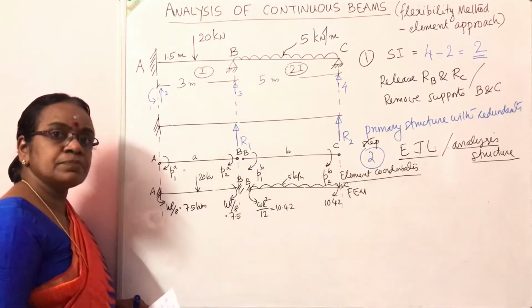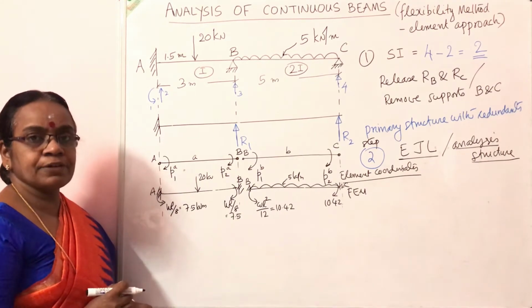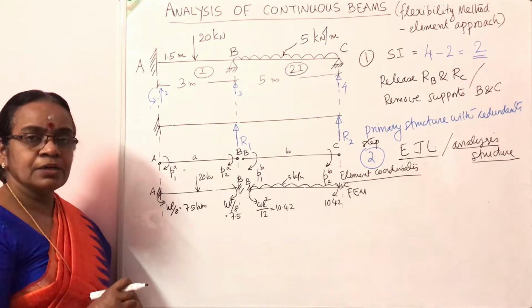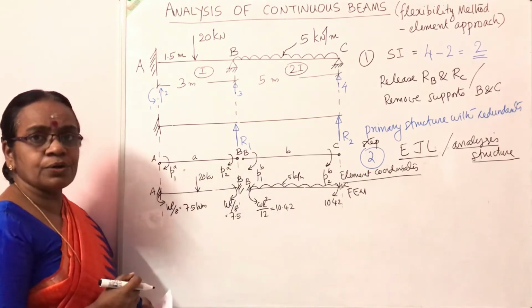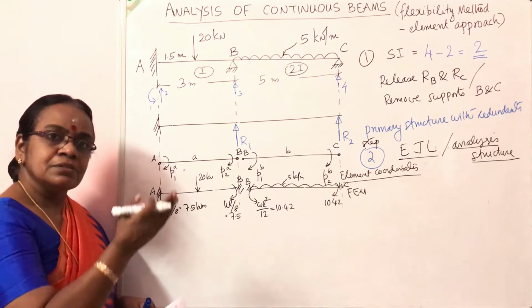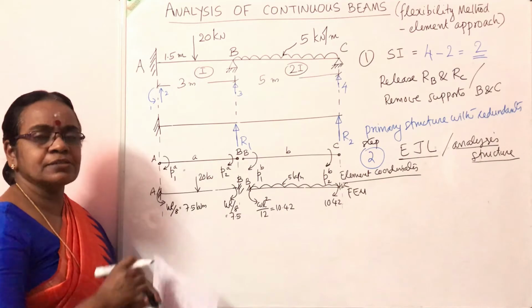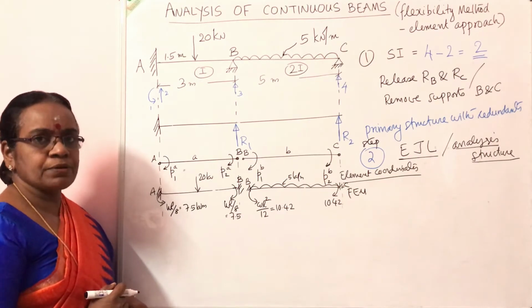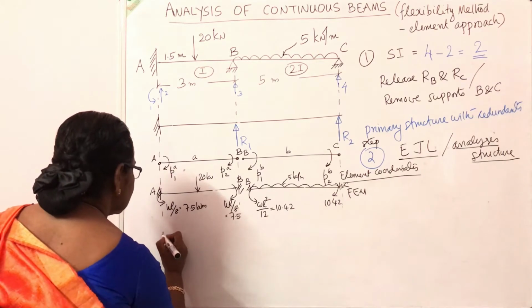The first step for formulation of equivalent joint load is to evaluate the fixed end moment at two ends of the element. Now, equivalent joint load is nothing but the negative of fixed end moment. So you change the sign of the fixed end moments. So the next step is equivalent joint load. So considering this,